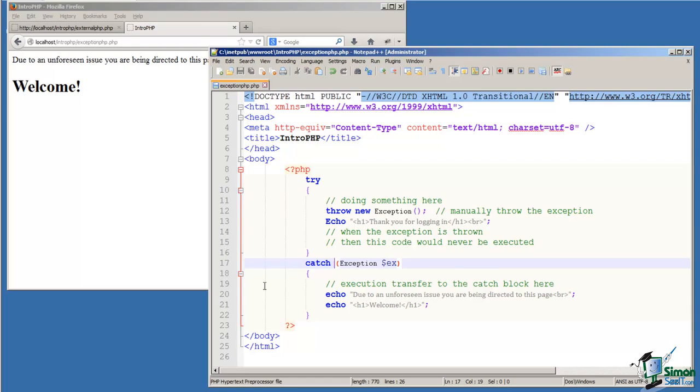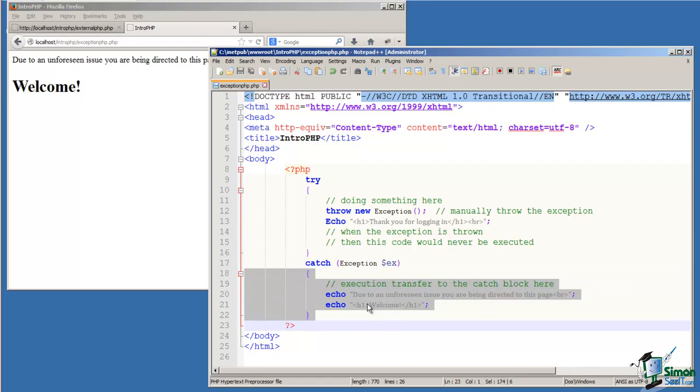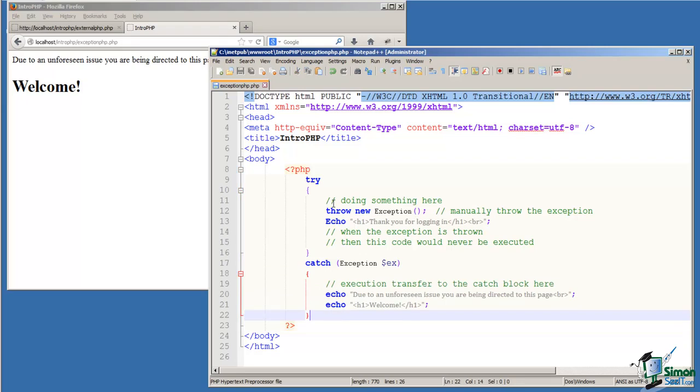We'll see an example of this in a moment where we can have multiple catch statements dealing with multiple types of runtime errors. And then within the code block of the catch statement, we have our recovery code. We have the reaction to the error that we want the application to take. Once the catch executes, if we don't redirect to some other part of the code by calling a function or some other transfer of execution, then the flow of execution will continue with the code that follows the closing brace